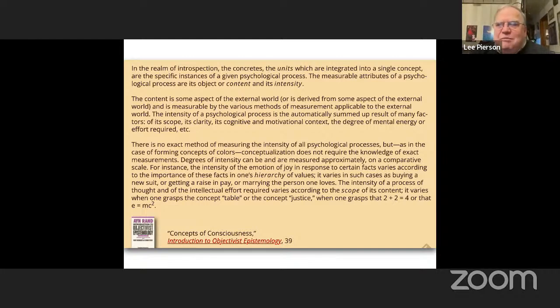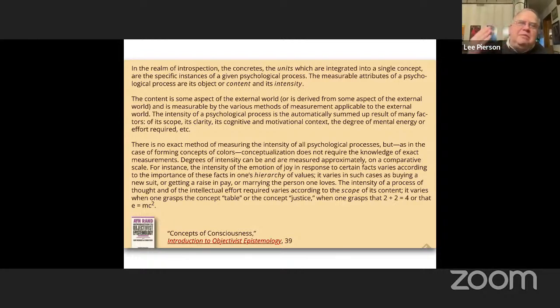And I wouldn't use those as equivalent, but she does, and she's entitled to her usage. Object or content and its intensity. The measurable attributes of a psychological process are its object or content and its intensity. Now, if you think of examples, the